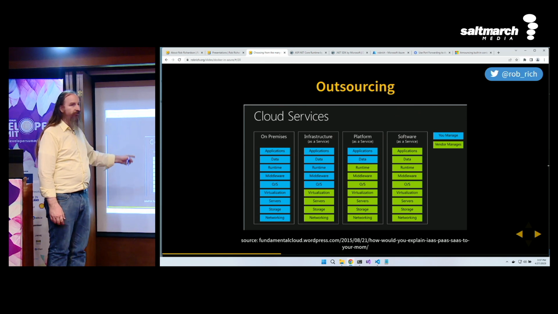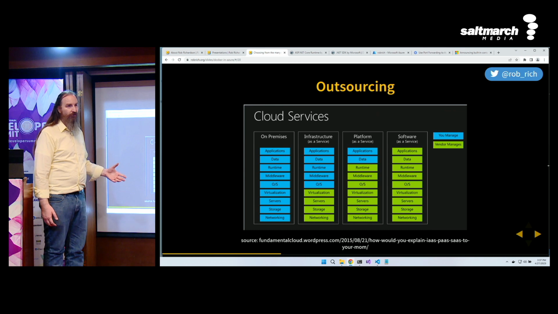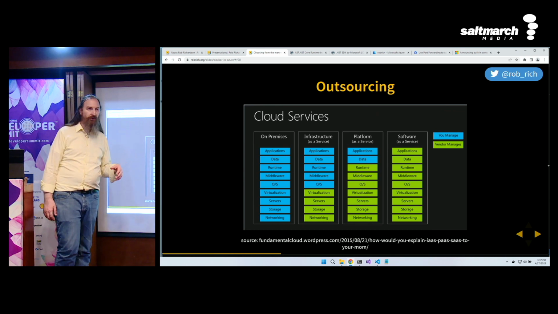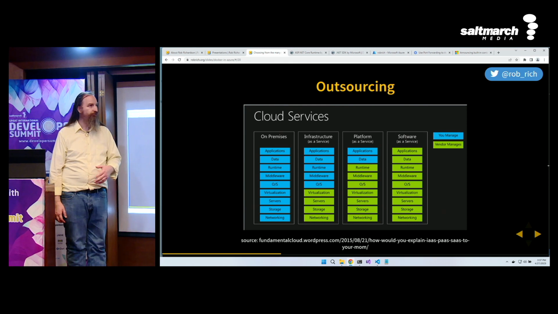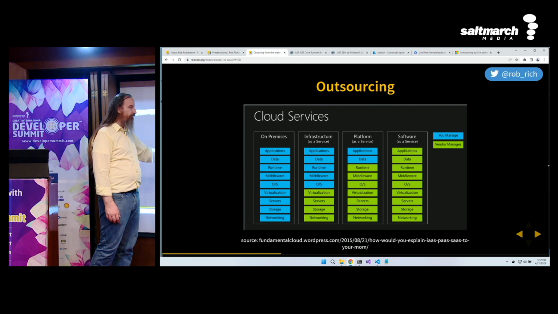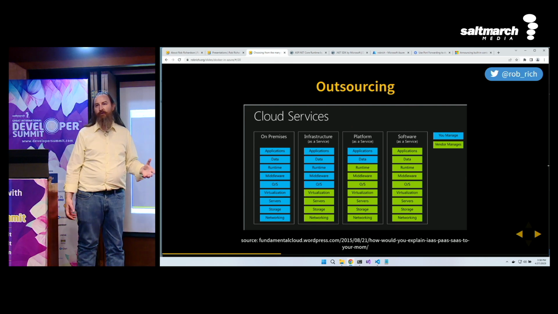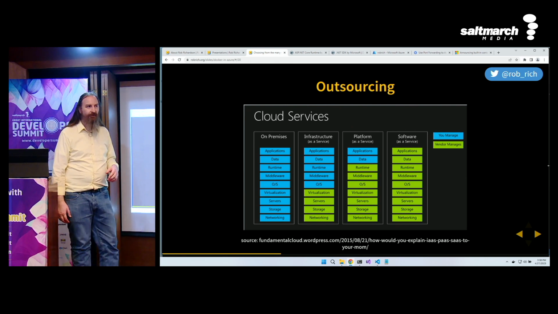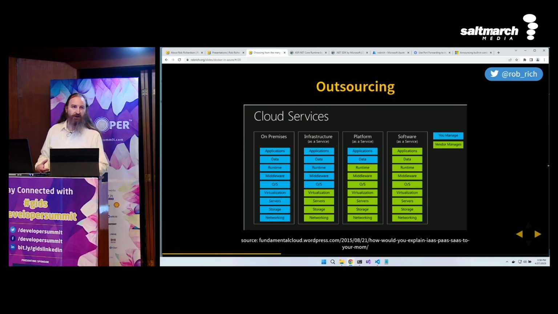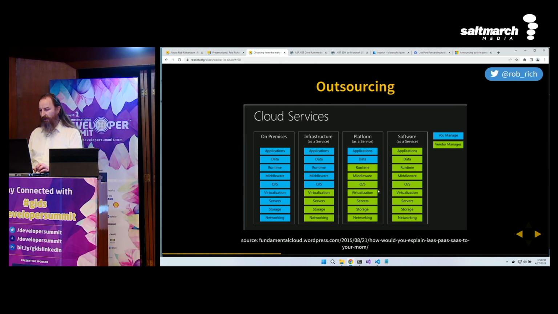Or we upgrade to infrastructure as a service, where we outsource some things like hardware. We can upgrade then from that to platform as a service, where now we outsource a whole lot of the machine details. We no longer need to run Windows updates. Or we can upgrade to software as a service, where we just log into a website and do stuff. Now, the cool part is, as we pick an orchestrator, we can pick from various spots in this thing of things that we want to own versus things that we want to give away.